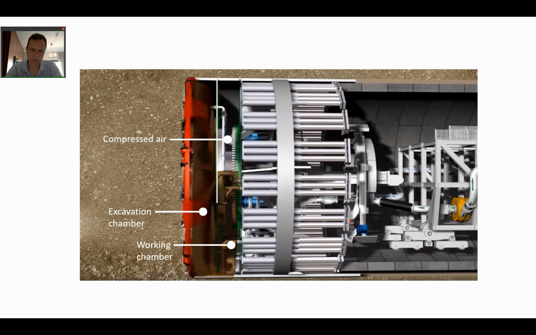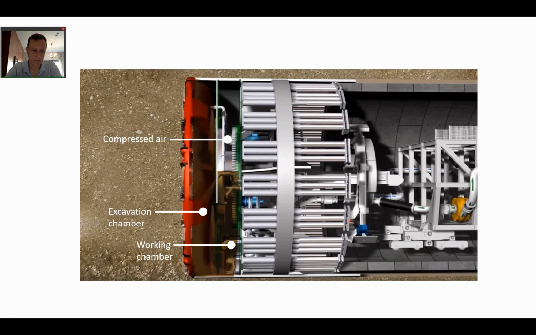And modern tunnel boring machines make use of similar ideas. I mean, the principles are really very similar, if not identical. So here's a modern tunnel boring machine, and this has been put together in a way that we have two chambers: an excavation chamber, that's the one out in front here, and then a working chamber. So the excavation chamber, the brown stuff here is supposed to represent a bentonite slurry. So the excavation chamber is full